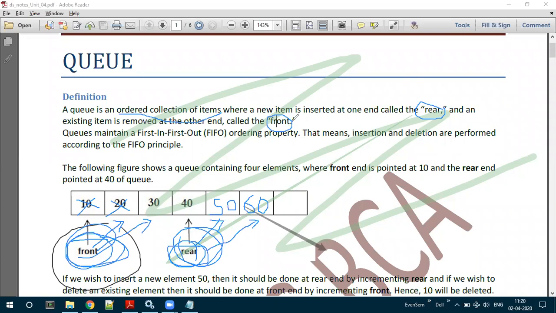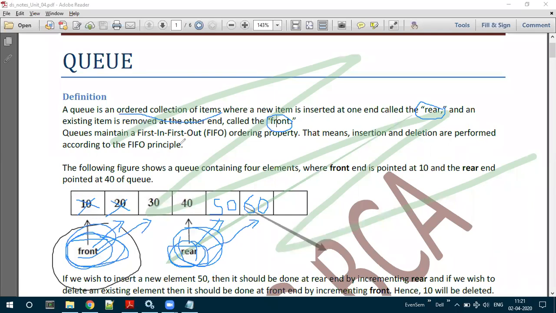These are the keywords in the definition. In the exam, if a question is asked, define queue, then as an evaluator, we will look for the keywords: ordered collection of items, new elements are inserted at the rear, and existing elements are removed or deleted from the front end. For this much you will get 2 marks.